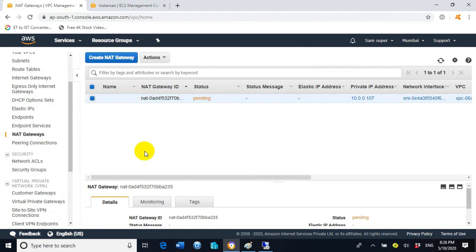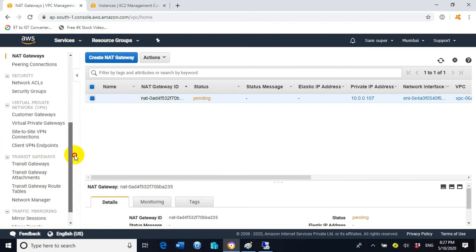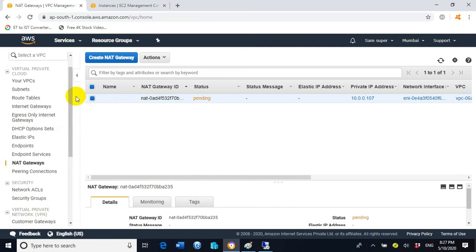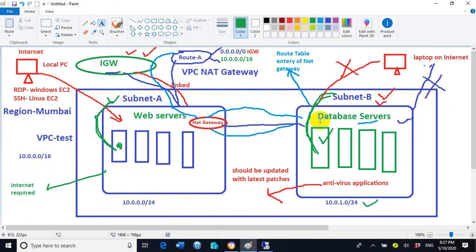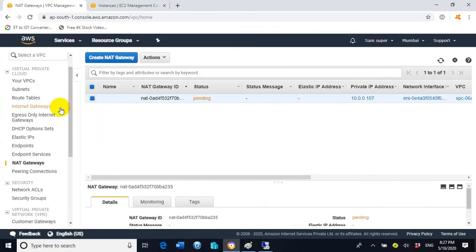Now go to the route table of the subnet B. You can see in this picture we have a route table, and this route table is associated with the subnet B, and here we need to do an entry of the NAT gateway. So we are performing the same thing now here in this step.